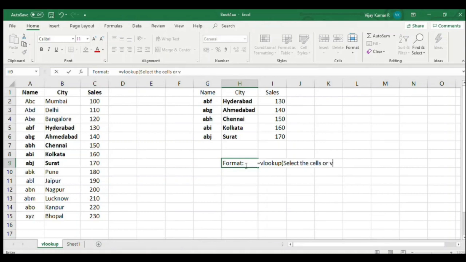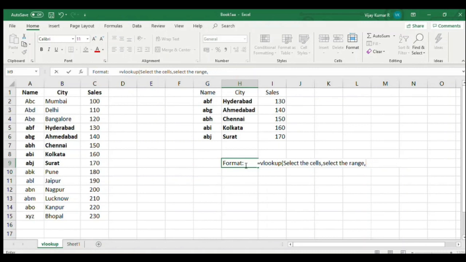You open the bracket, select the cell, which is whatever you want to search for, in this case employee name. So for employee name, we want to select the range of what we need. For example, in this case, we wanted city. So city will be the range in your raw data till city, which will be 1, 2 columns, or it can be 3, 4 columns also depending on your raw data. And then you need to put a comma and then you need to put the number.